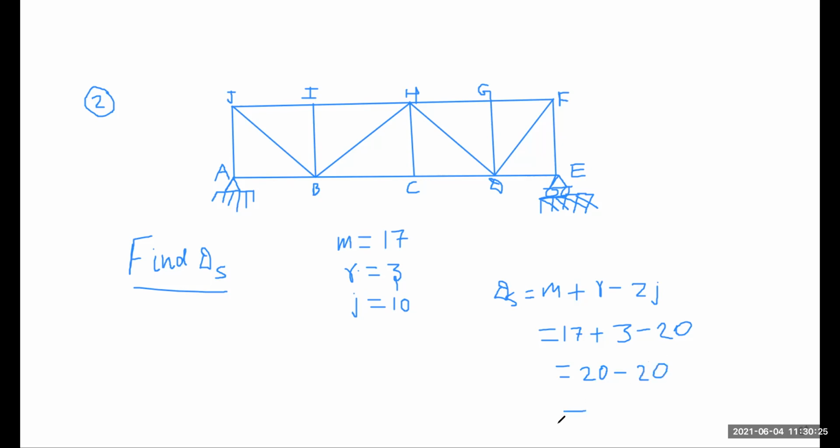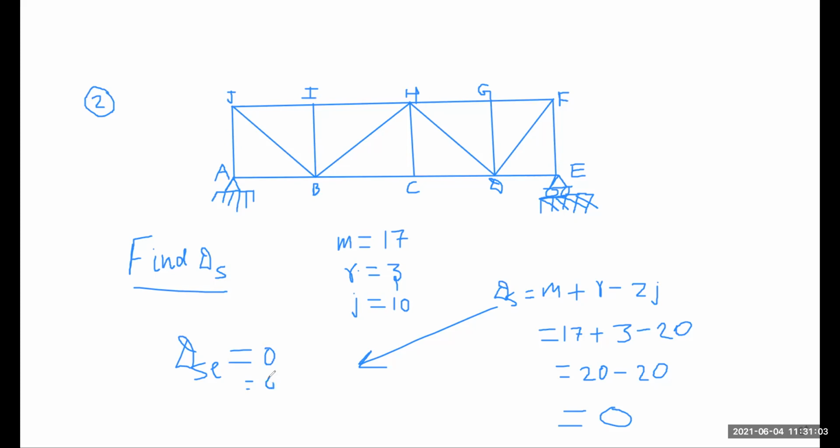Okay. So also find DSC or DSI of this structure. I directly used the basic formula. So everyone find DSC. What DSC came? Zero, sir. DSC is equal to 0 because we use our basic formula r minus 3. r is equal to 3 because at hinge 2 and roller 1. So 3 minus 3, we got 0.